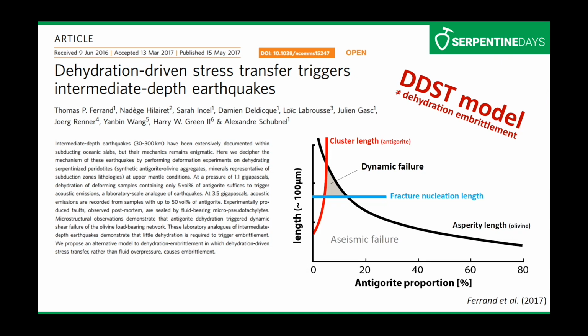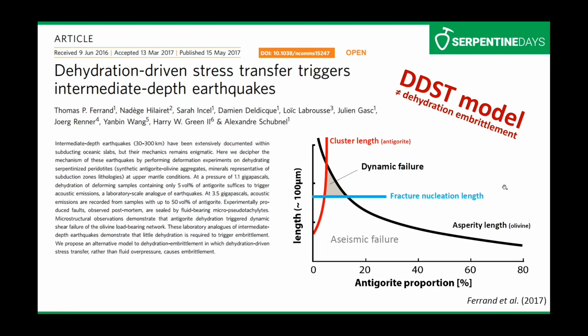So you can check the work of Ohnaka 2003, for example, explaining what is the fracture nucleation length. This is basically a rupture criterion expressed as a length. It's the length at which rupture